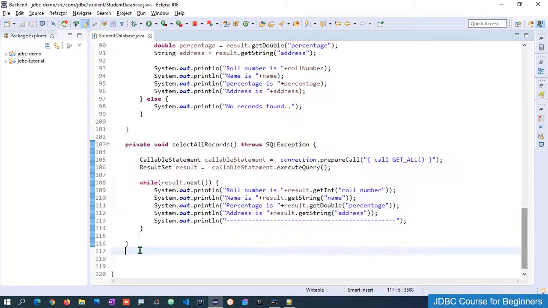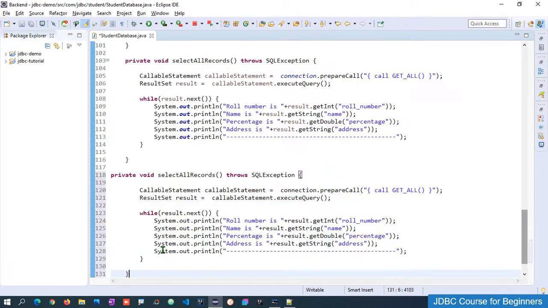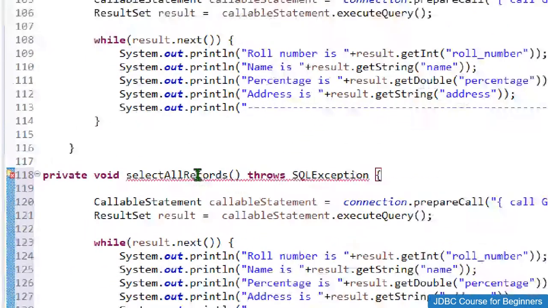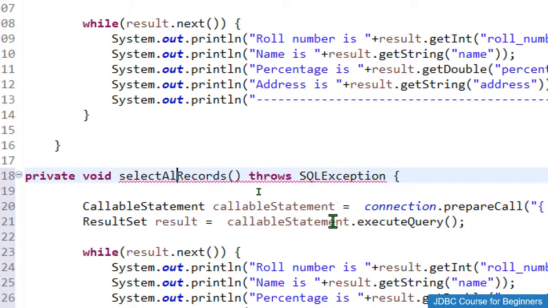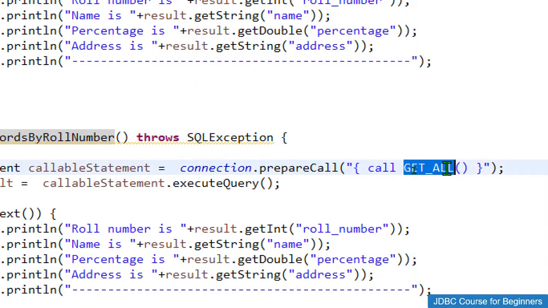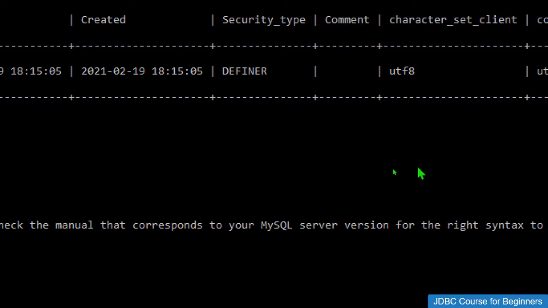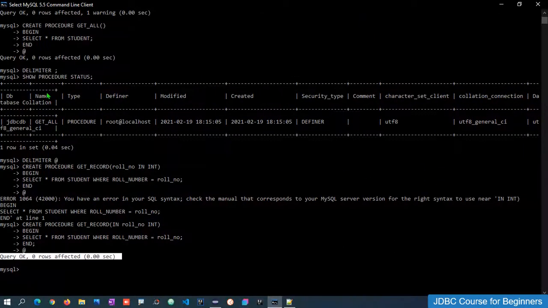You can just copy this, or you can modify the existing one, and instead of select all record, I'll give select records by roll number. So this is my method name, and then inside this, instead of this call get all, we just need to give get and whatever the procedure I created. I created the procedure with the name get record. So let me call the get record over here like this.